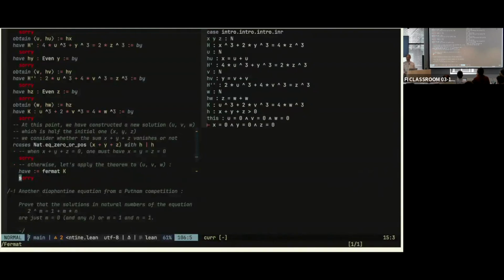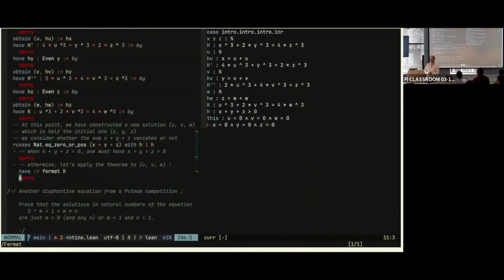And so now I have applied my theorem to UVW. And once I know that u is 0, then it's easy to find that x is 0. And what the machine does by itself is understanding that something has decreased in the process, because u plus v plus w is strictly smaller than x plus y plus z because it's positive. So the machine proved just behind the scene that the theorem, which was by induction, very strong induction, was already proved for the smaller values,